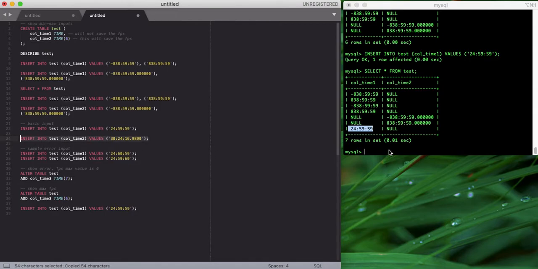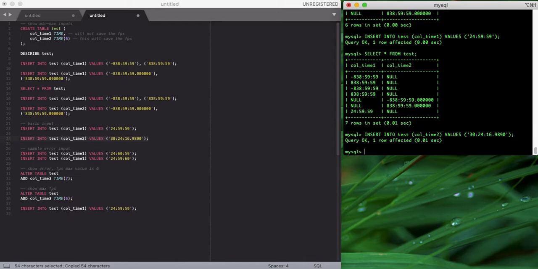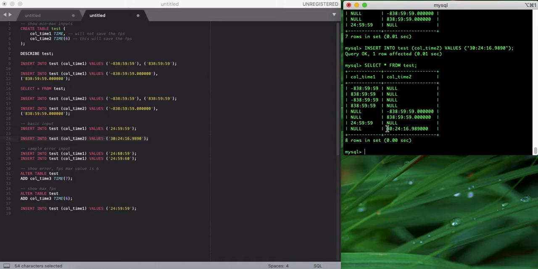Okay, let me just copy this guy right here. Okay, no errors, and select again. All right, beautiful, no problem. And of course, we inputted only 0.9890 since we specified the fractional